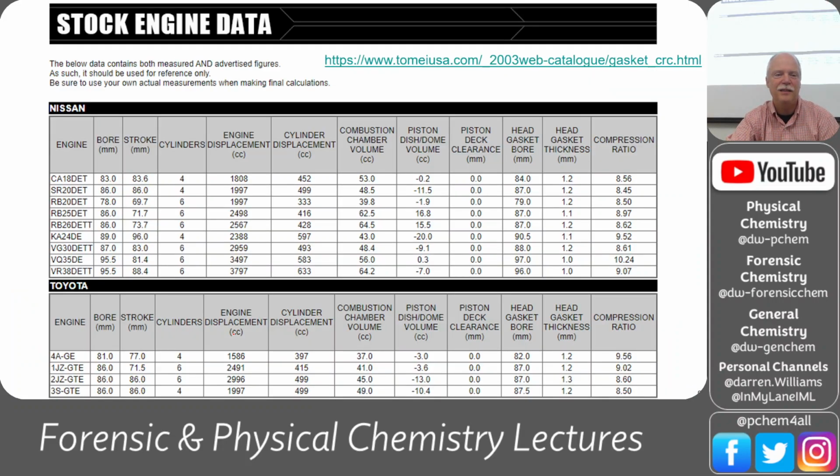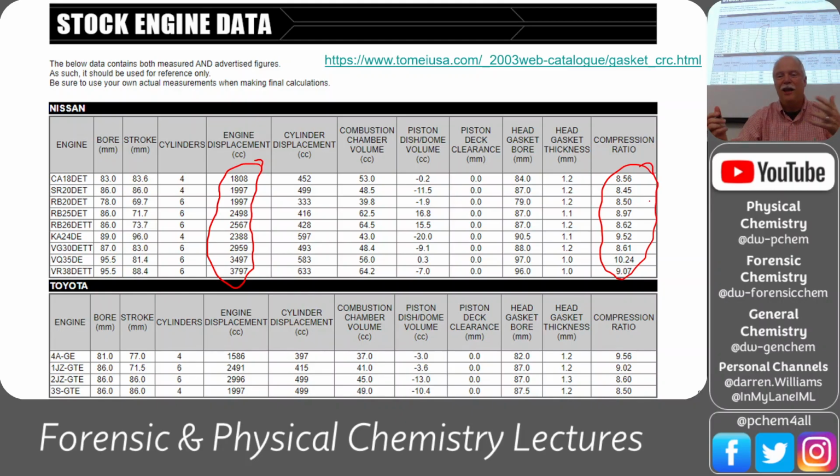And you can find these. This is from, I forget, I think this is Nissan and Toyota. You can find the specs on all these engines. You've got the displacements here. You've got the chamber volumes and all of that. So you could get the compression ratio. Oh, you've got the compression ratios here. And so from all of these, we could get our A volumes and our C volumes,